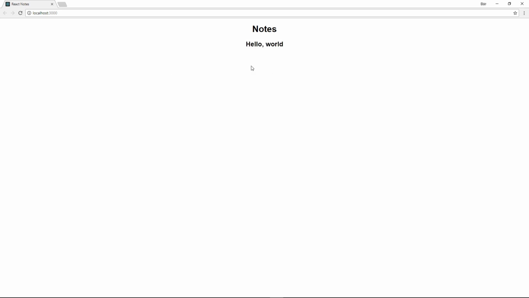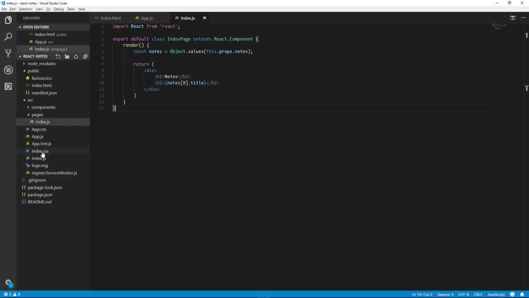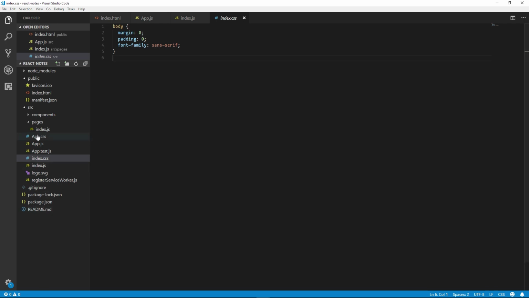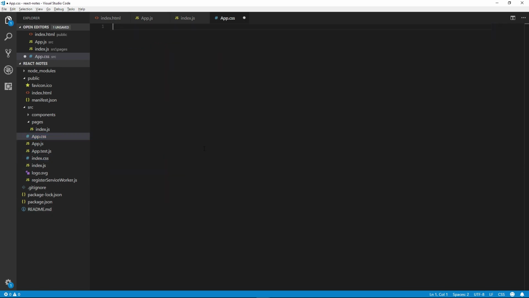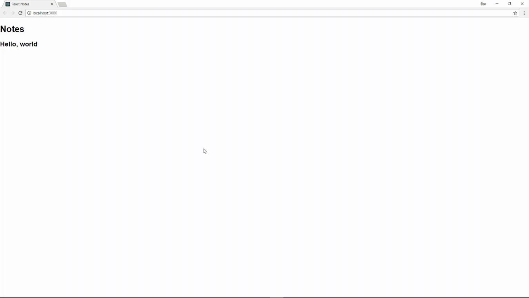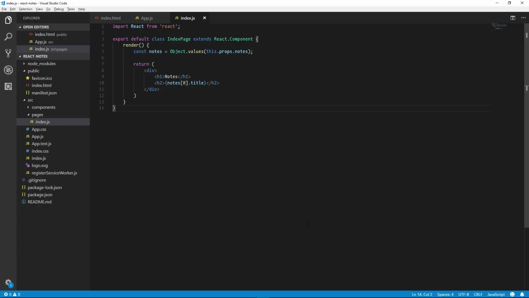Now everything's centered and looks a bit strange, so we'll really quickly go into the CSS and remove everything that React has given us. And we go back. Great, everything's left aligned and looking pretty good. We'll throw in some custom CSS later on. Now this is great if we only ever want to show the title of the first note,